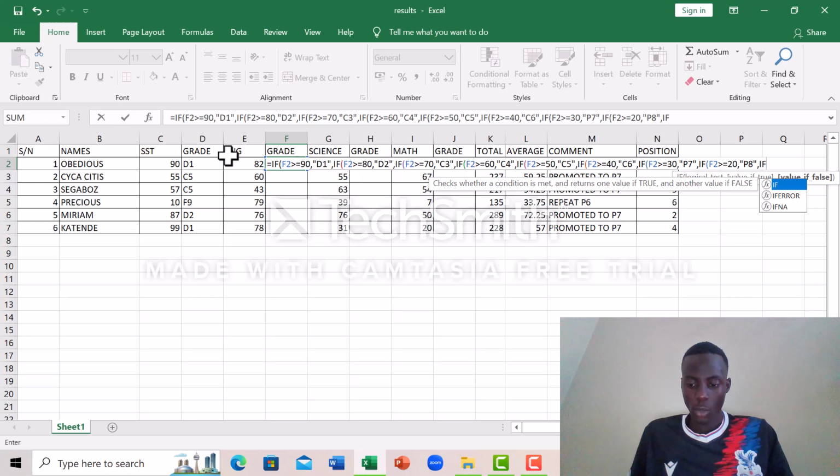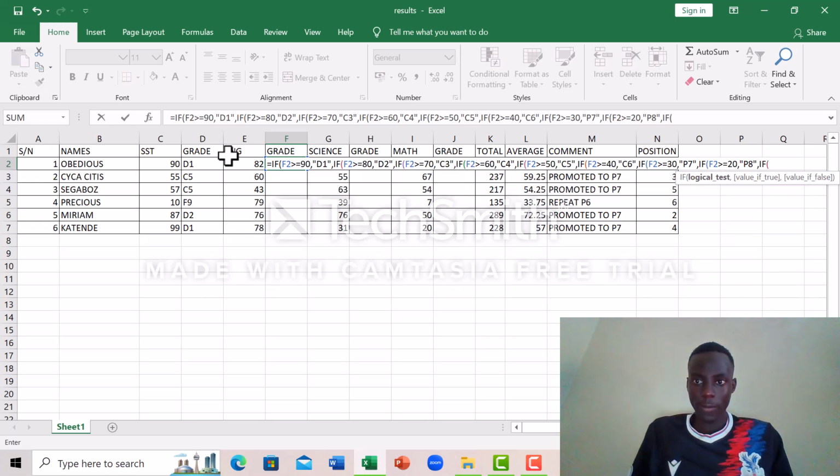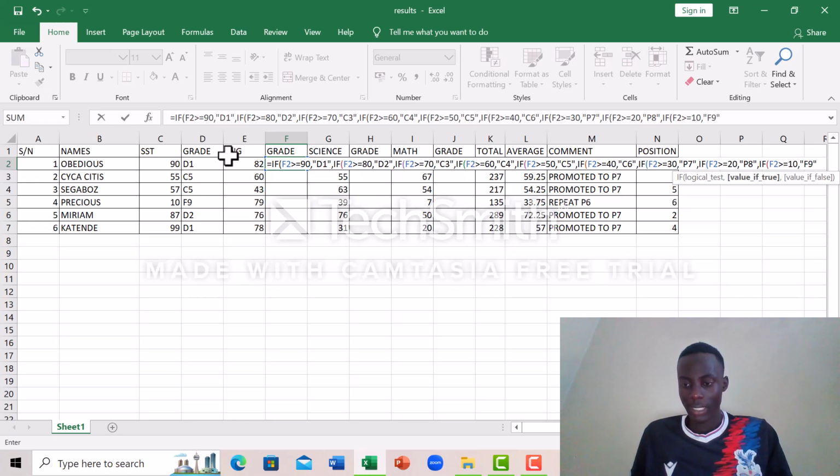If open brackets, if F2 is greater or equals to 10, that's where I stopped. 10, comma, hyphen, then it's supposed to be F9, no compromise, F9. F9, yes, then we shall put our